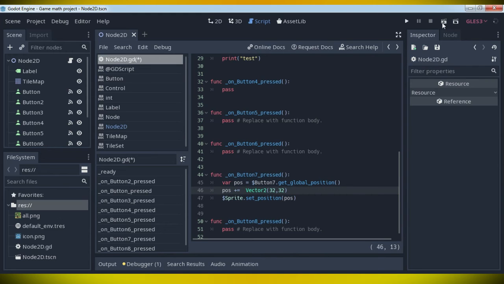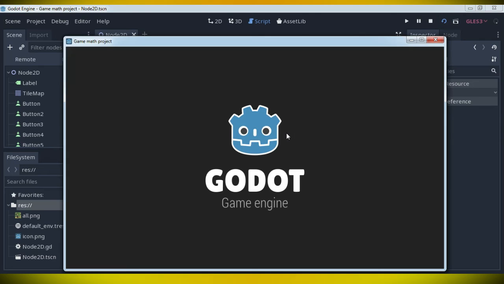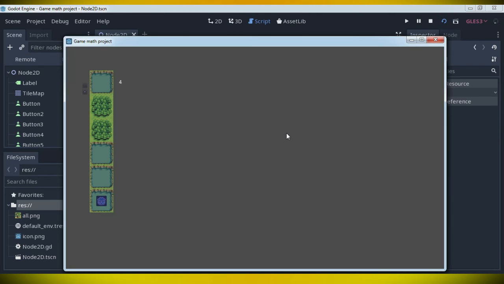Let me test this. So click, it's okay, it's okay. Now we have simple movement in a point and click turn-based game. This is very good